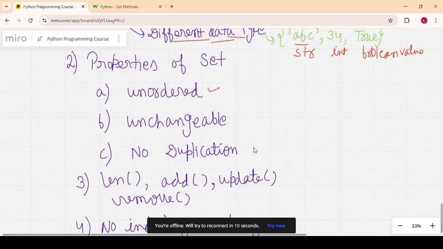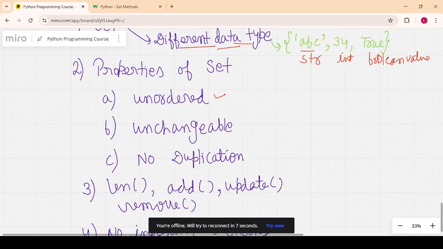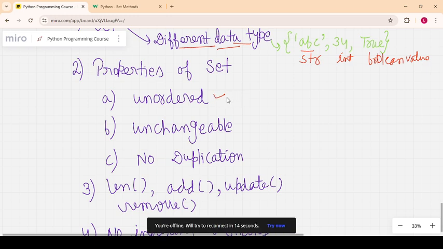So we have seen that a set is unordered, but in the case of list and tuple the order is maintained, while in the case of a set the order is not maintained. We need to keep in mind that it is unordered. So if it is not ordered, we cannot access items through index as well as slicing. Indexing and slicing will not work here, but in the case of list and tuple they work. It is unchangeable. We cannot change the item. In a list, we access the item through an index number and assign another value, but in the case of a set we cannot do it, but we can add and remove items from the set.